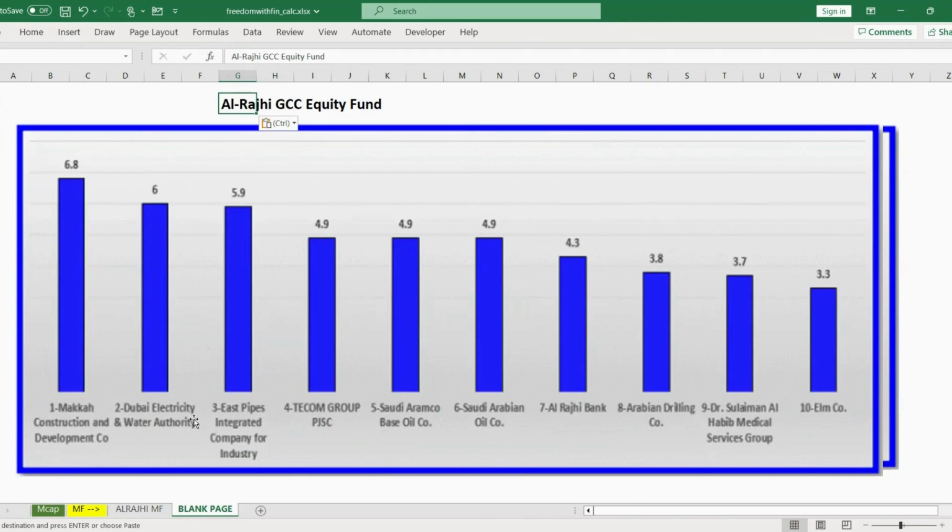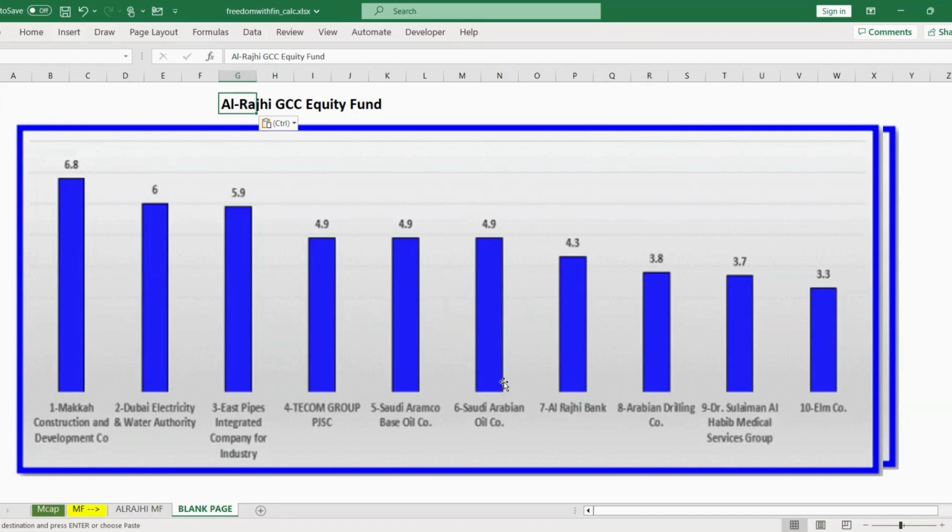You have Makkah Construction, you have DEWA, the Dubai Electricity and Water Authority, you have East Pipes, you have TCOM Group, Saudi Aramco, Saudi Arabian Oil, AlRajhi Bank, Sulaiman Al Habib, L Company. So what you're observing is that even though it's a GCC fund, almost 80% of the individual stocks are actually